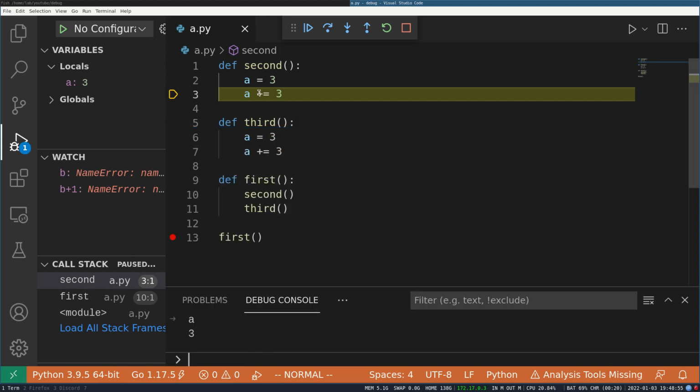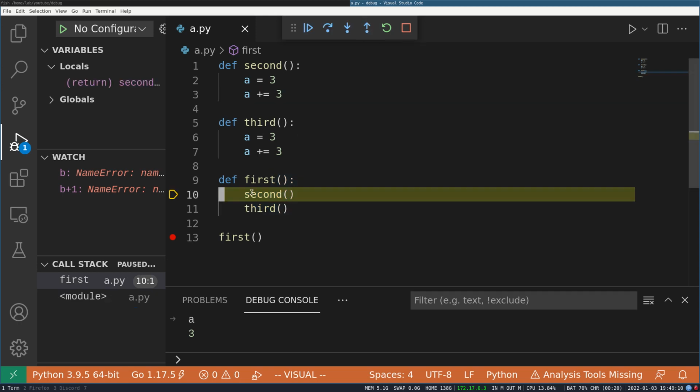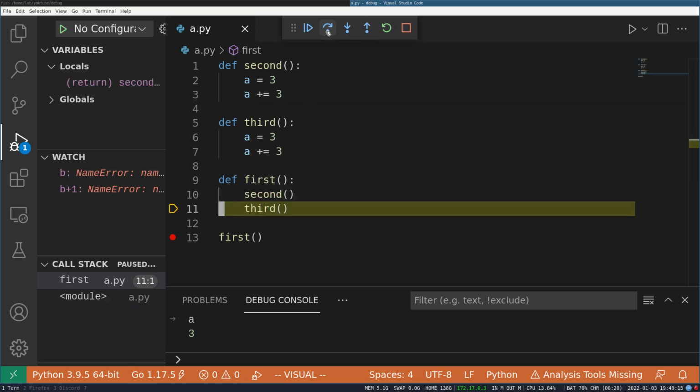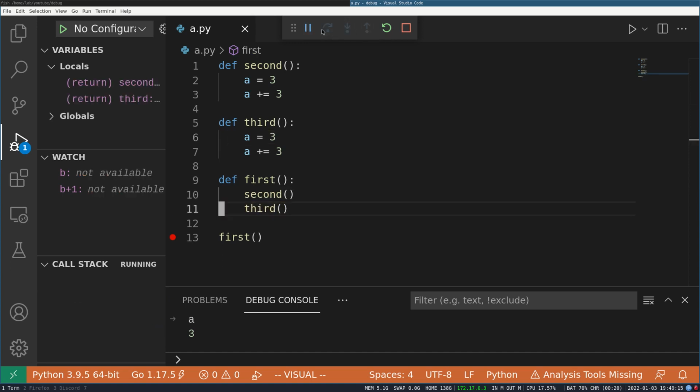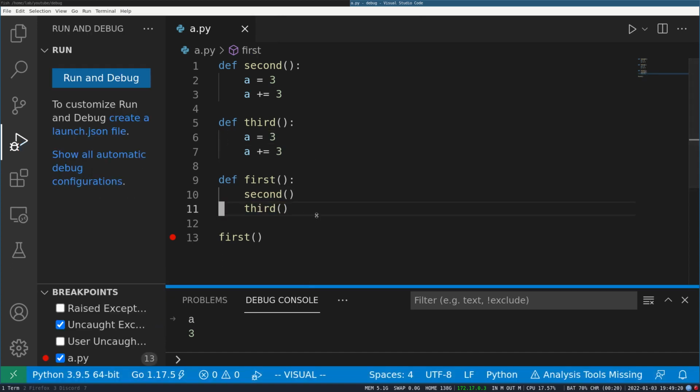Now I want to get out of the second function and back to the first one. So for that I will use step out, which will take me out of the current function. It will execute the current function completely to the end, and take me there. Now I can go to the next line. Now I can do step into, step out, next line, like that.